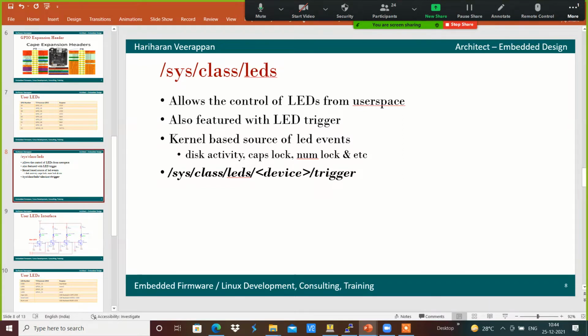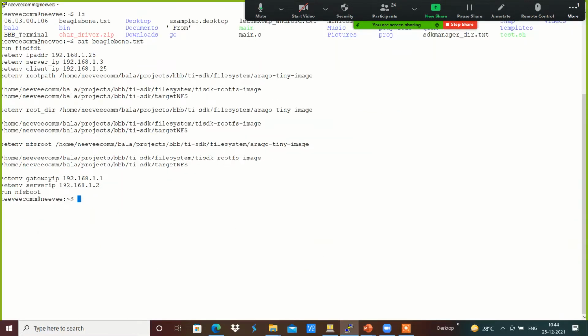All those functionalities are present in the GPIO LED driver, and that will read from the device tree and get accessed accordingly. We will see from where those definitions are coming up over here.